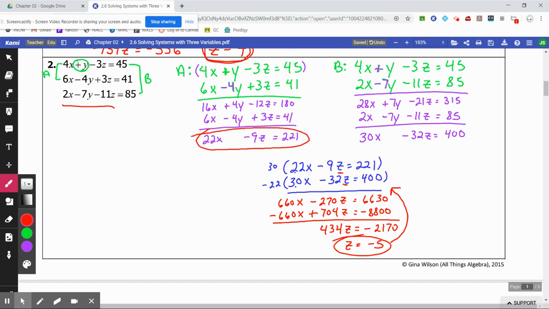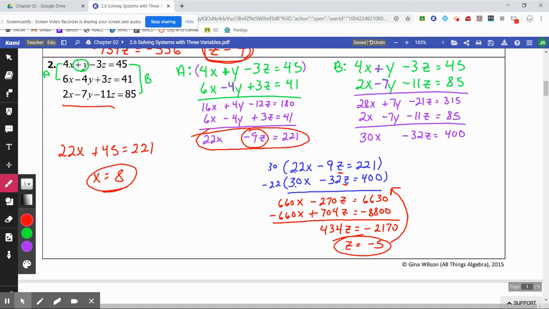We're going to plug in -5 for z, and we'll now have 22x. A -9 times a -5 would be a +45 equals 221. Subtracting 45 and dividing by 22 gives you an x value of 8. And now that we know that x is 8 and z is -5, now we can go back to one